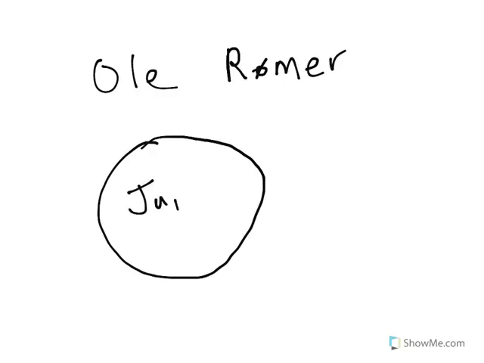So this is Jupiter. And this moon here that you could see, when it passes behind Jupiter, it disappears for an amount of time that you can measure. And when it appears again on the other side, you can get an estimate for the period of this moon's orbit. But what we really care about is how long between when the moon disappears and when the moon appears again. It turns out that the moon appeared a few minutes faster when the Earth was traveling towards Jupiter than when moving away. Let's see if we can understand this.